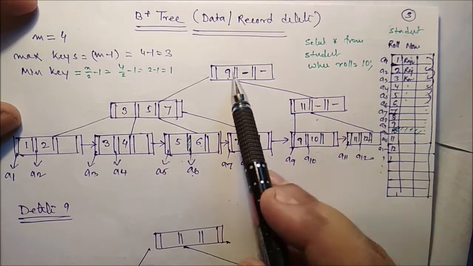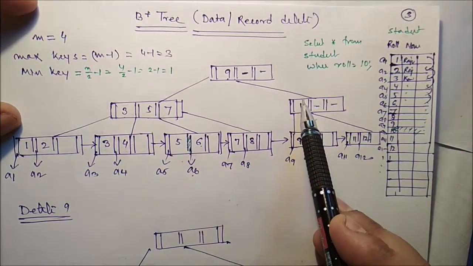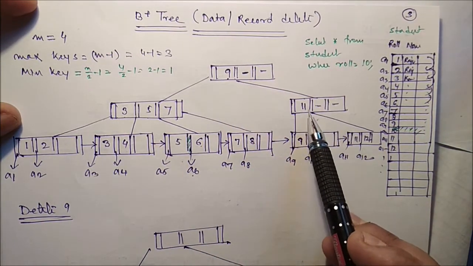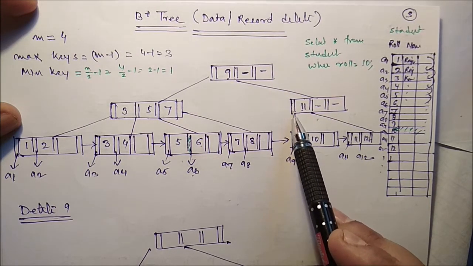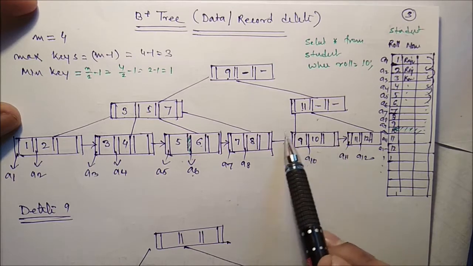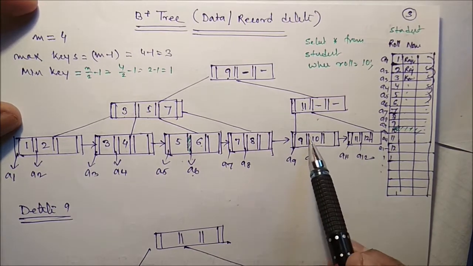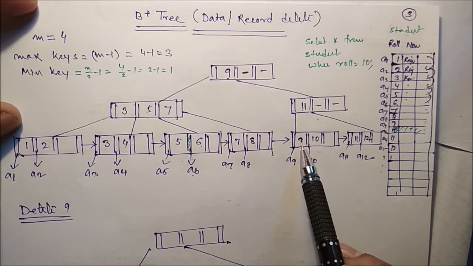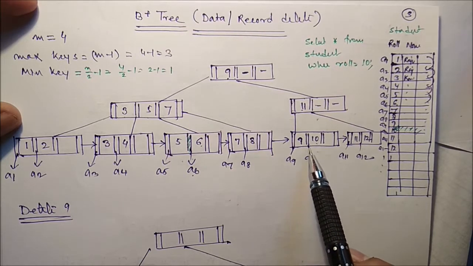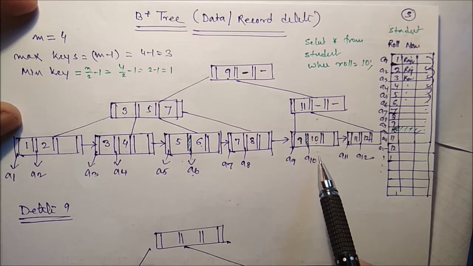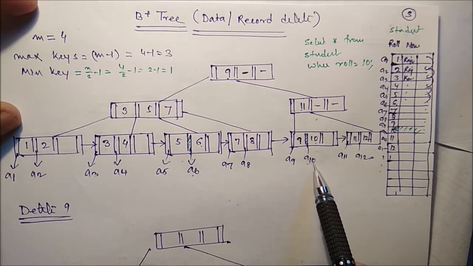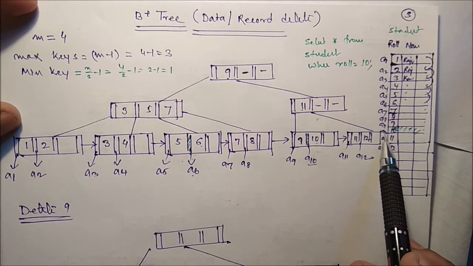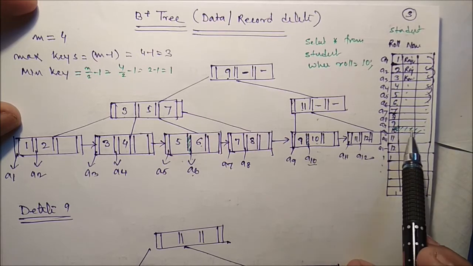So roll number 10 is greater than 9. So we have to move to this particular part. We have to fetch this particular block. Now 10 is less than 11. So from this particular address we can get this address, and we have to fetch this particular part. And if you read this particular part, we can get roll number 10. And if you read this, we can get the address of where this particular roll number 10 is present. So it is in A10. So if you read A10, we can get this particular record.